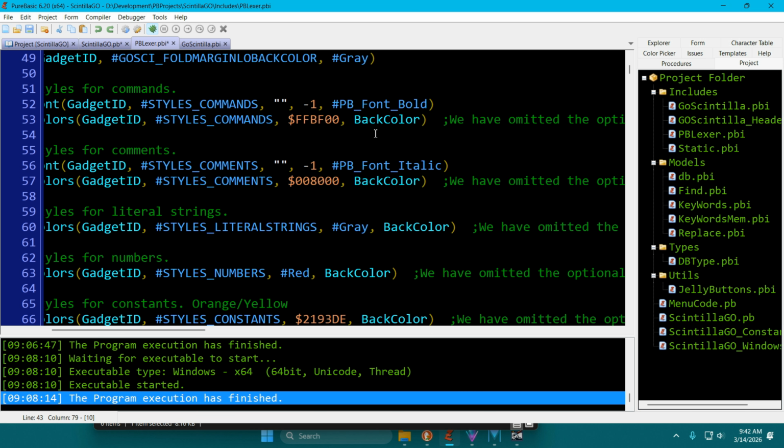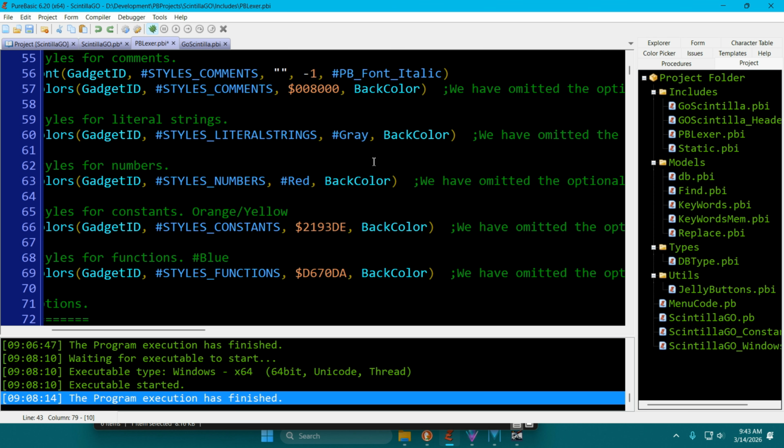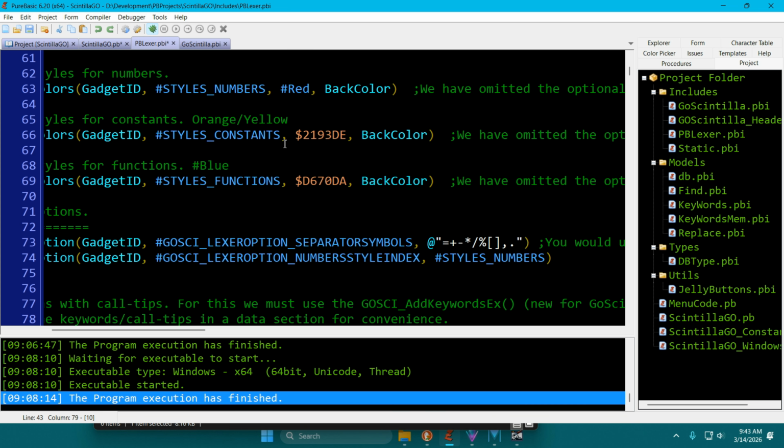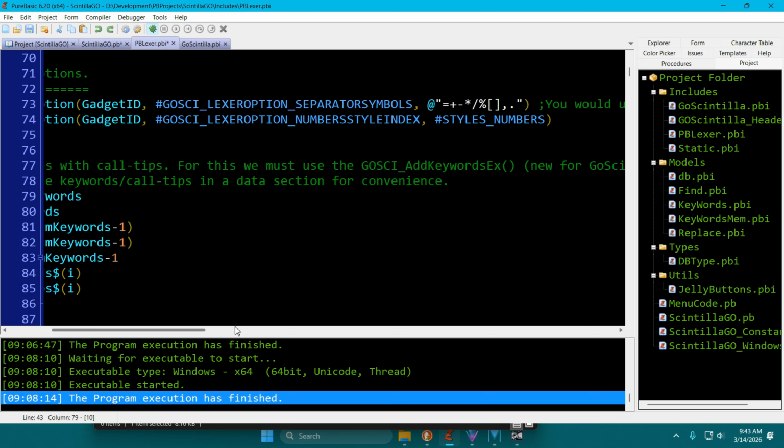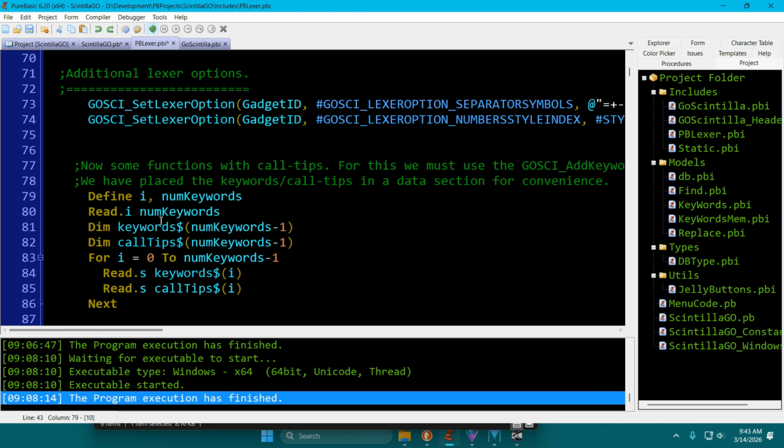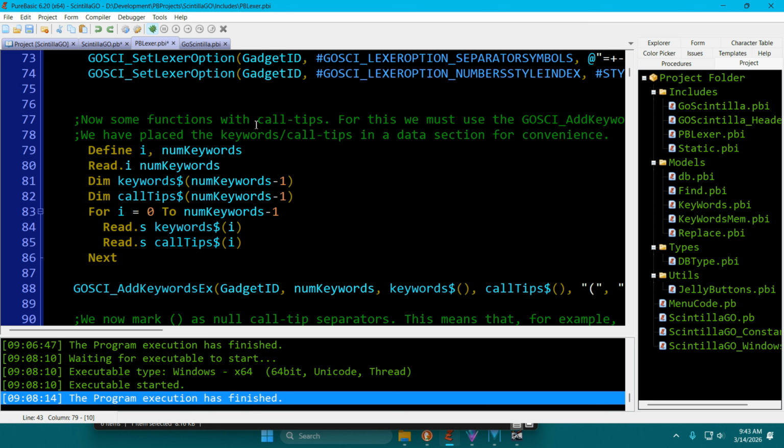Here's the forecolor, setting the red. It's pretty self-explanatory. You're messing with literal strings, numbers, constants, separators, numbers, and so on. Okay, so here's the first of the